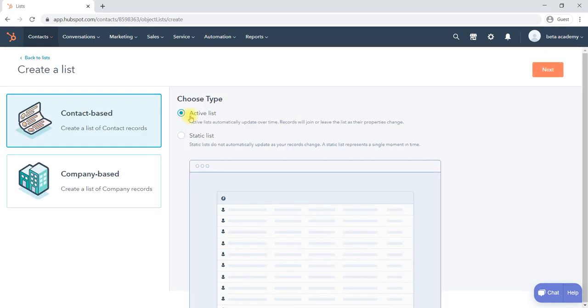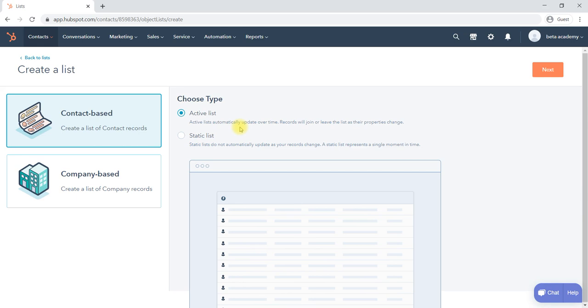It will ask whether you would like to create an active list or a static list. A static list is one where you have to update the list each and every time. An active list gets updated automatically, as soon as someone joins or registers as a customer. Or, if you would like to manage it yourself, you can use a static list. With an active list, the moment you create a contact, it will be added to that particular group.